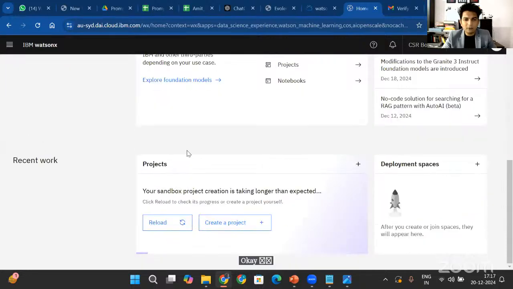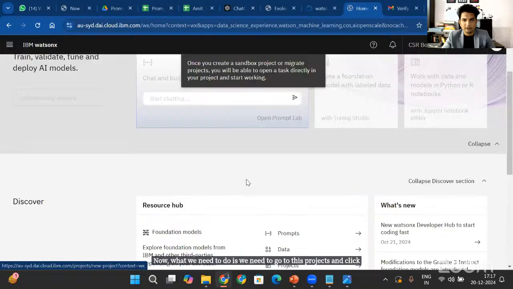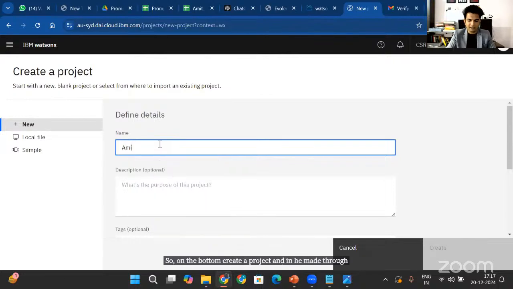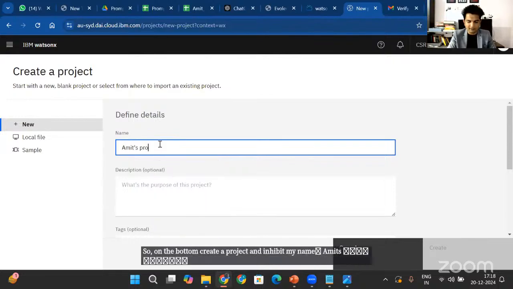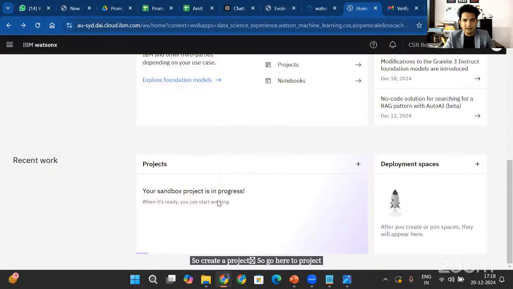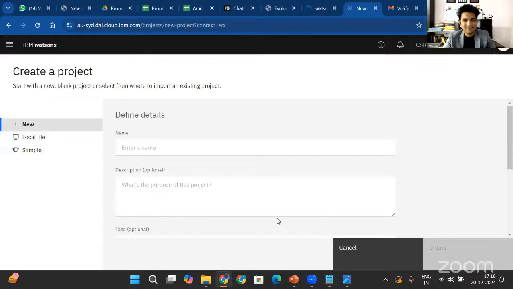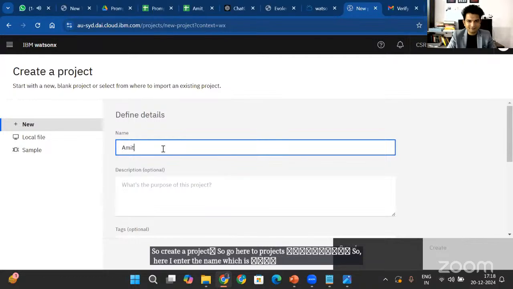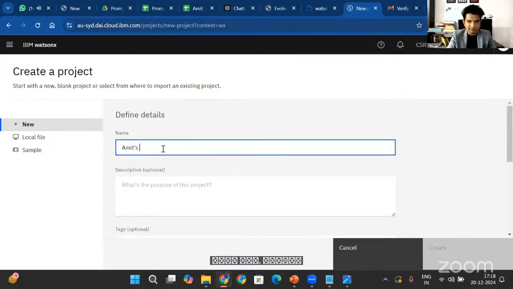Okay, now what we need to do is go to this projects. Okay, so you need to go to this projects and click on create a project. Okay, so on the bottom, create a project, and I name it with my name, Amit's prompt lab, let's say Amit's prompt lab. Okay, so create a project. So go here to projects and click on. Okay, so I just created it, and it has started creating that for me. All right, so here I enter a name which is Amit's prompt lab,